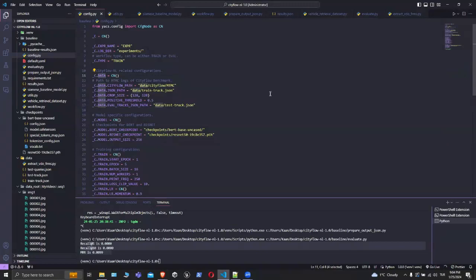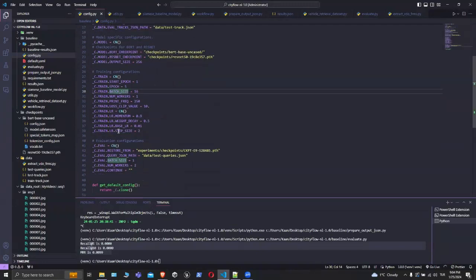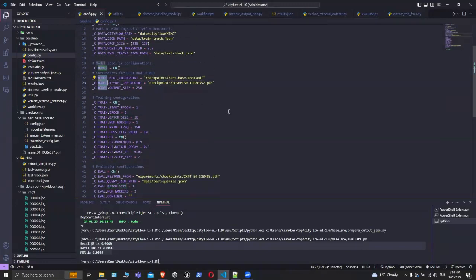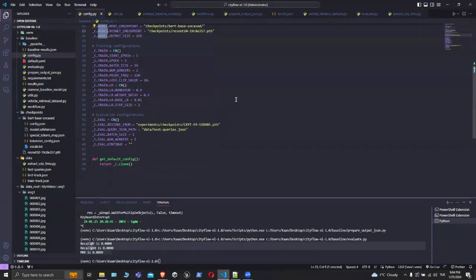The model section includes paths for BERT and ResNet checkpoints and defines the output size of the model. The train section contains various training parameters like starting epoch, number of epochs, batch size, number of workers, frequency of printing logs, and clipping values for loss, learning rate settings, including momentum, weight decay, base learning rate, and step size